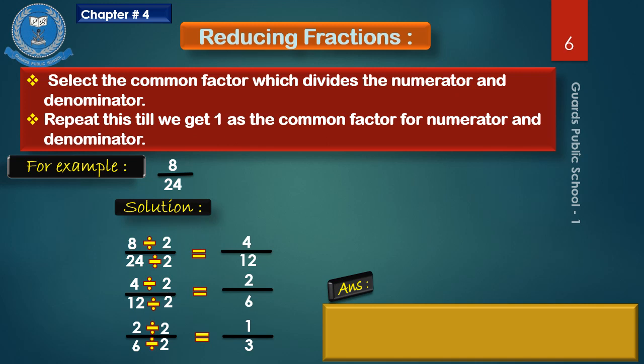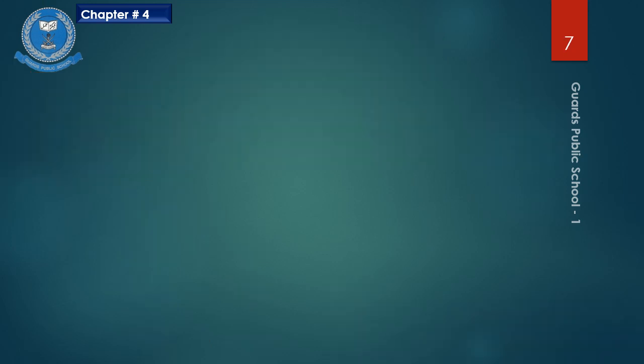This fraction is not further divided by any other factor except 1. So it is in its lowest term. Answer: 8 upon 24 is equals to 4 upon 12 is equals to 2 upon 6 is equals to 1 upon 3. As we have learnt about reducing fraction, students, now it's easy for us to understand about lowest term